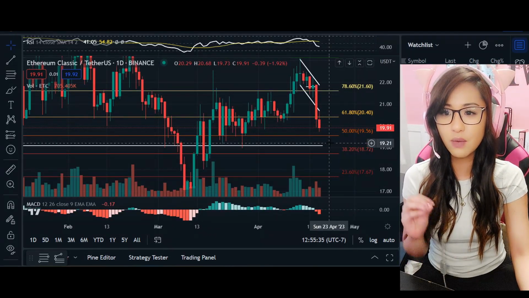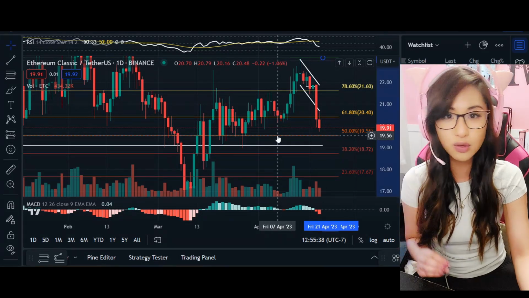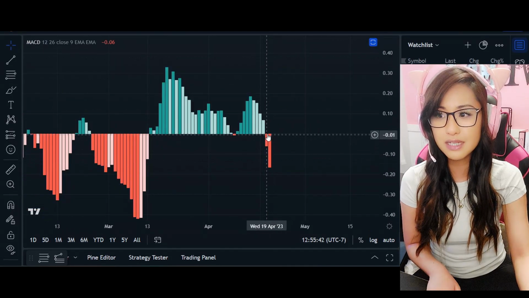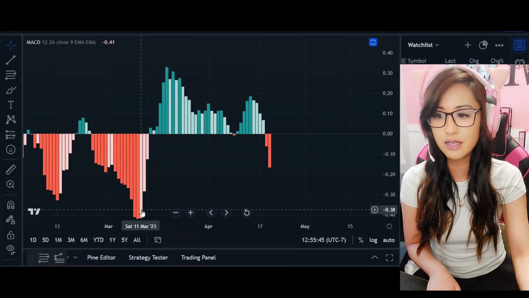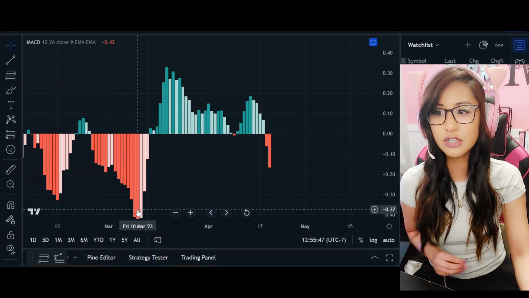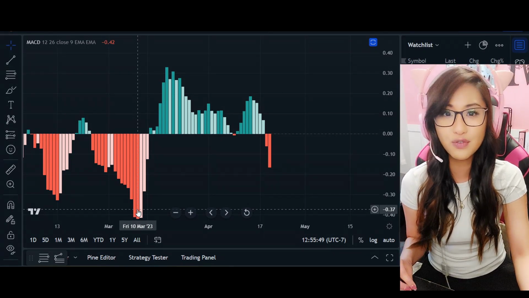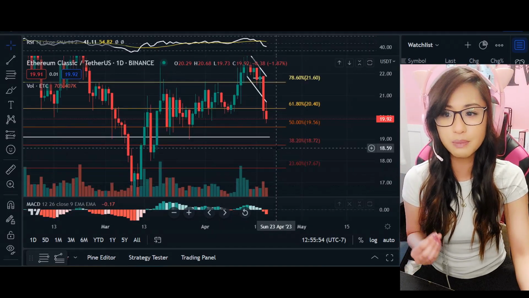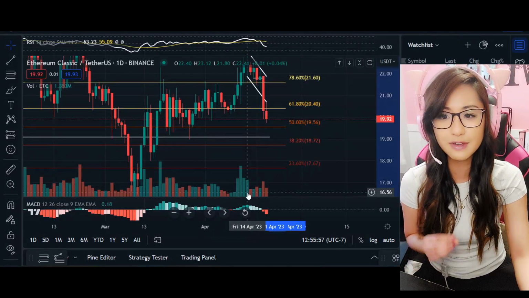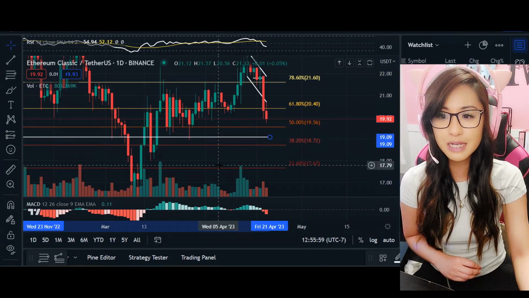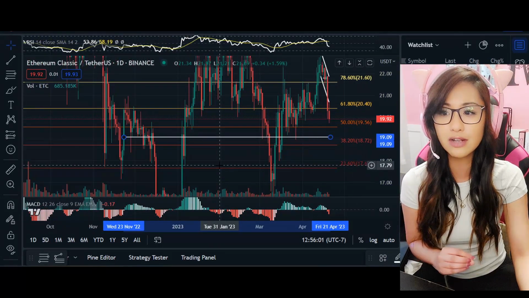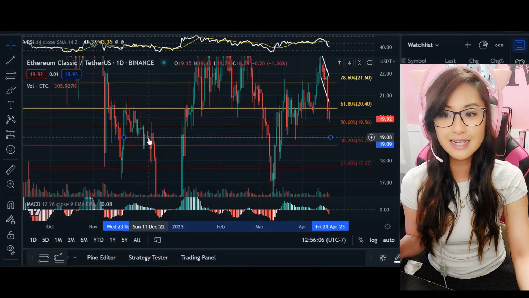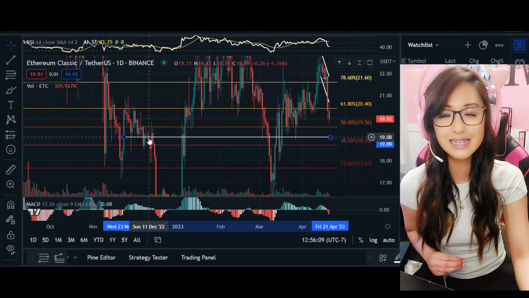And that's where we're going to see that reversal here for Ethereum Classic. But once we zoom out, if we're not going to hold the 50%, let's just say hypothetically here on a daily time frame that the percentage of our MACD indicator actually skyrockets, and if we see here, it came down to negative 42 or 0.42% of that momentum build. If we're going to see that negative 30%, we're most likely not going to hold that 50% of our fib. We're actually going to come down to this support here at $19.09. Again, if we can retrace back here on November and in December timeframe, that was the next area of support